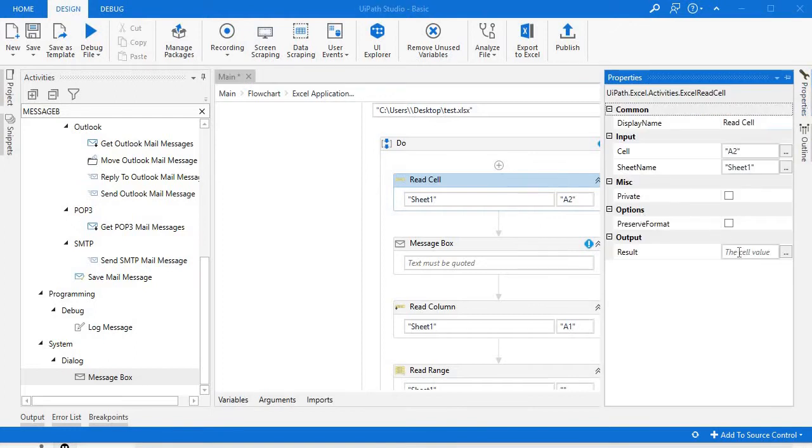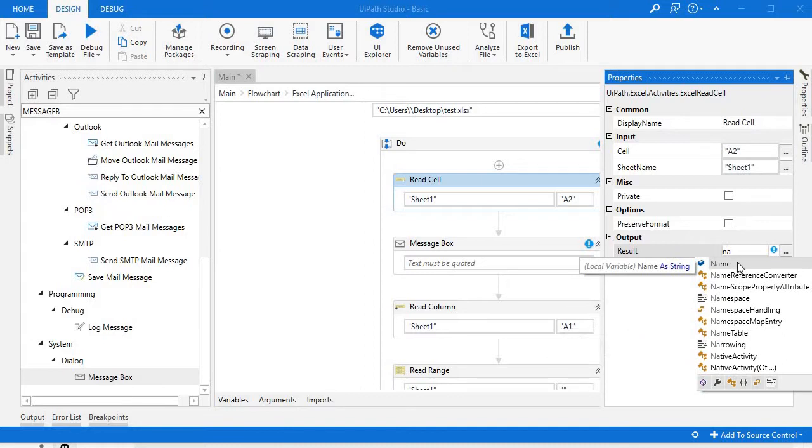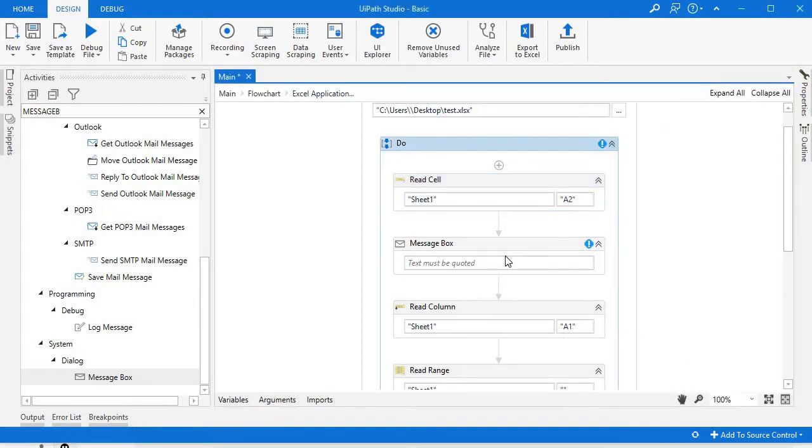And giving this variable as the result output here. And with the help of a message box, we can view that output result directly.